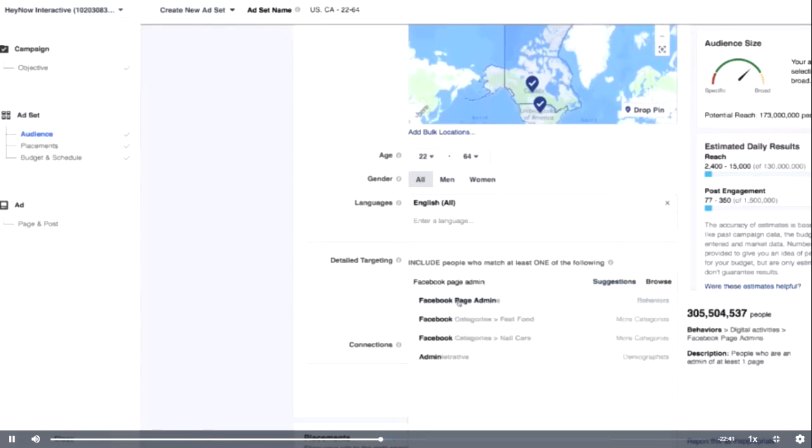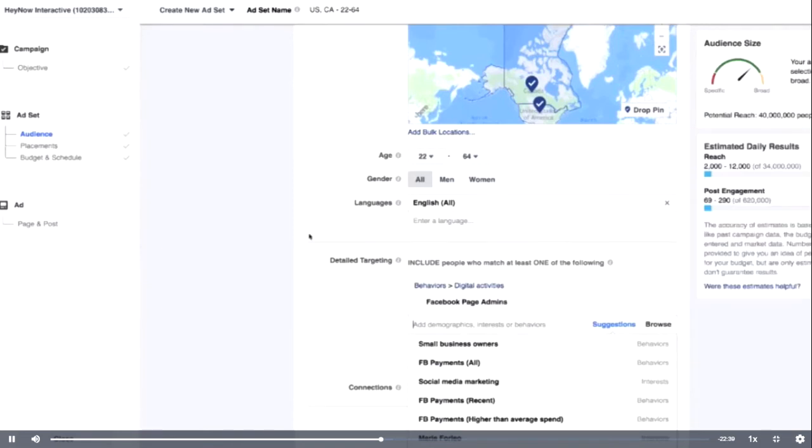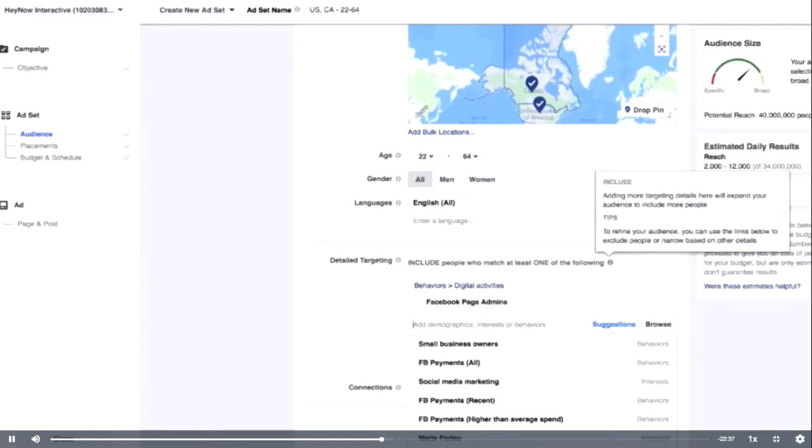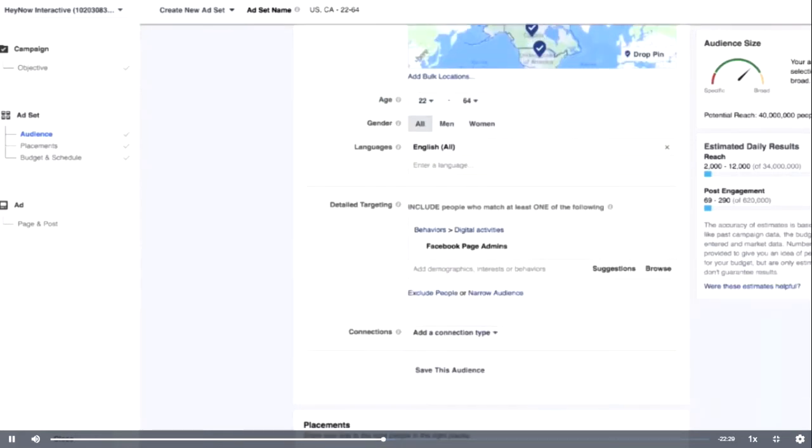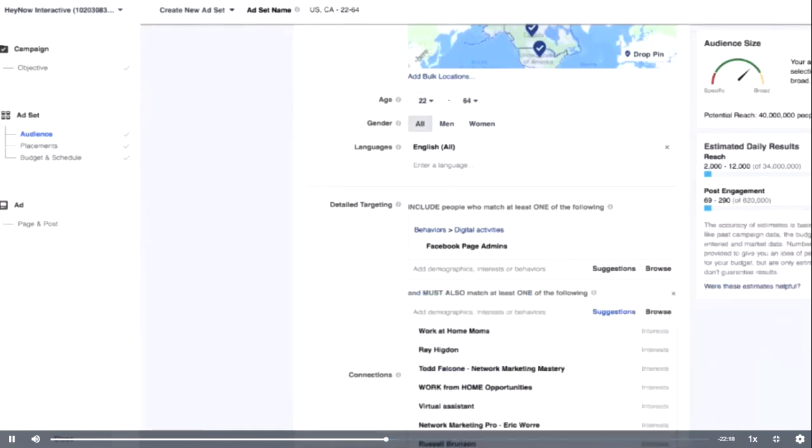The moment I do that, I can see that there are now 40 million people who actually are an admin on a Facebook page. Now that doesn't narrow it down very much for me, but I have some other options down here in my targeting. I can exclude some people, or I can also narrow my audience, and that's what I want to do. I want to say they must meet this criteria, and they must also,